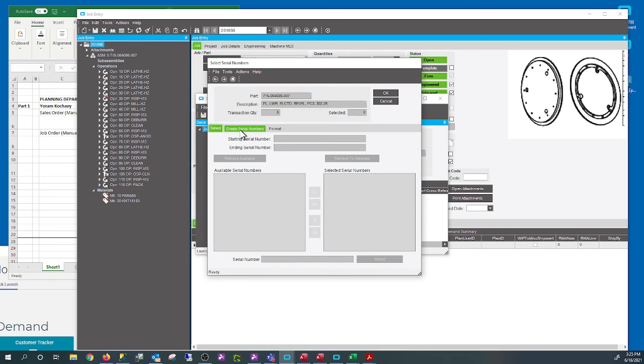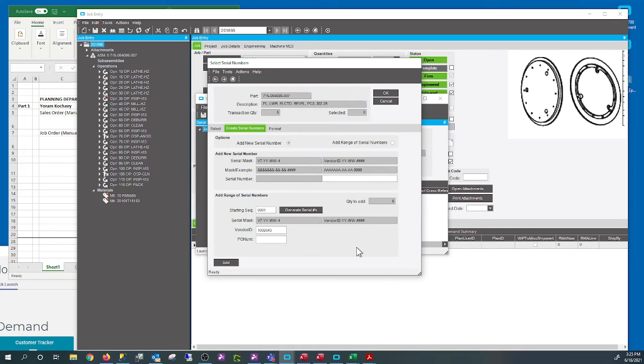You need to click this, create serial number, and then generate serial number, which starts with 0001. Once you click this, it's going to generate a serial number. So we're going to click it right now with this vendor ID. So click it.